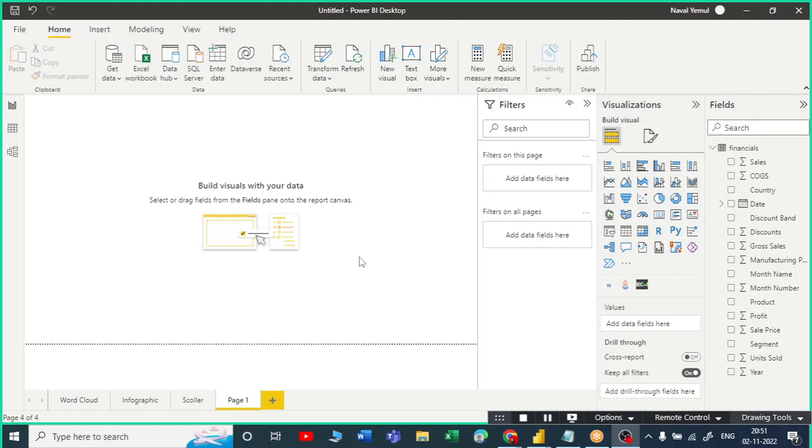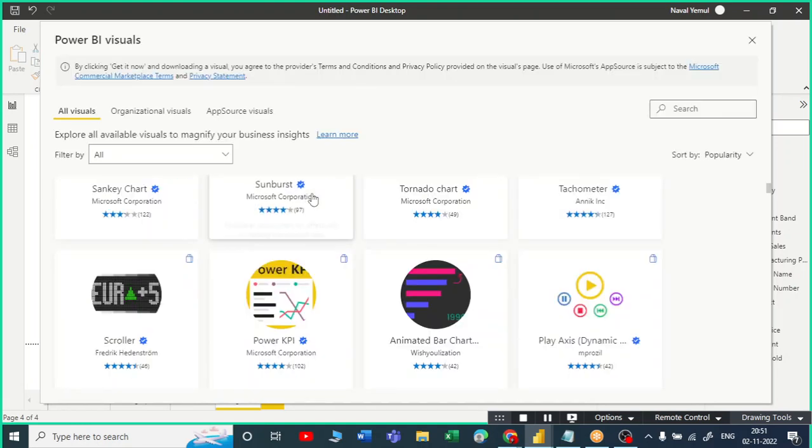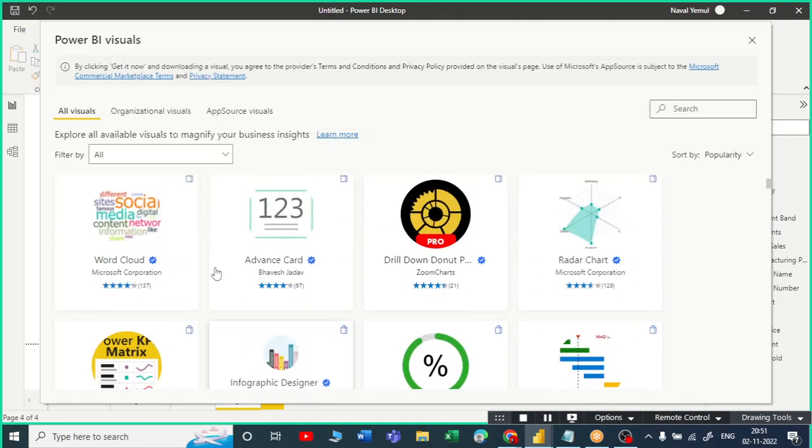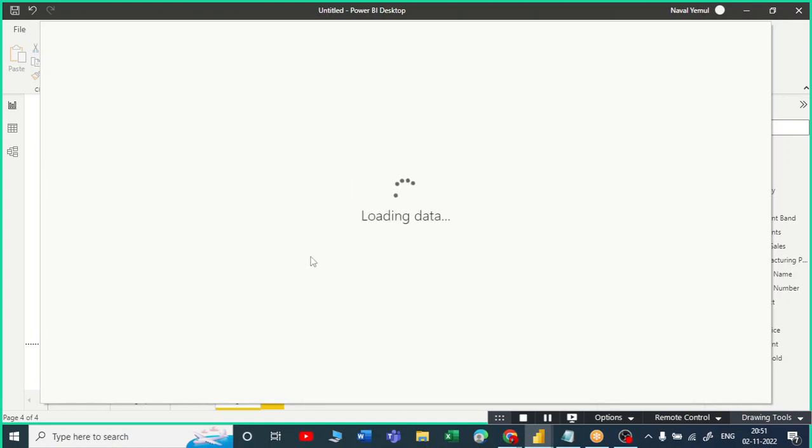Let us see about the advanced card visual in visuals. So let me import an advanced card visual, get more visuals. You will be getting an advanced card here. You can see the advanced card option here. So you can click on that,